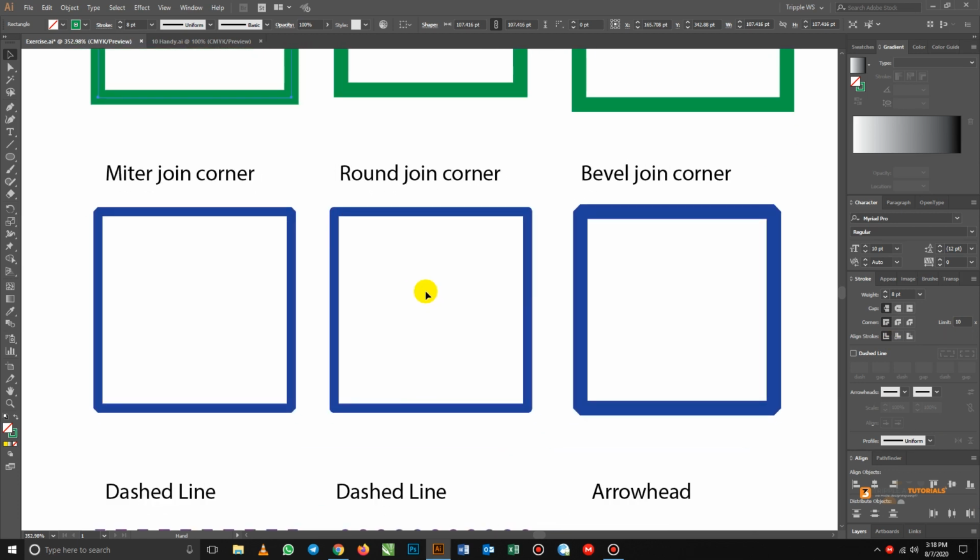These examples display the various stroke effects you can achieve in Illustrator. We have 3 options we can choose from in the stroke panel. So for example,